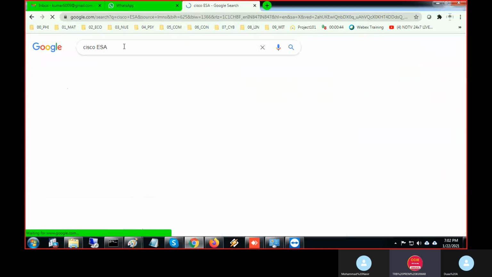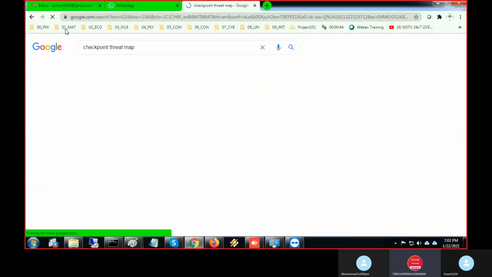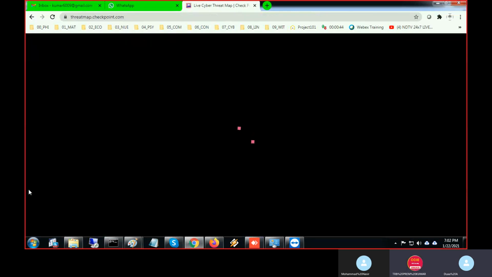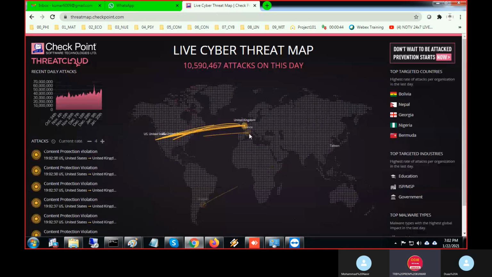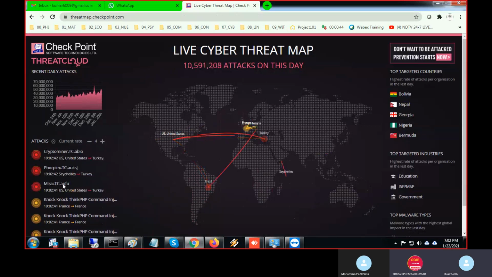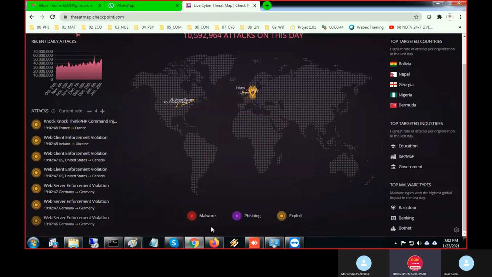There is a website called Checkpoint Threat Map. It will show you what attacks are happening worldwide right now, in real time. See, the United States is hitting France. Red color is one type of attack, malware.